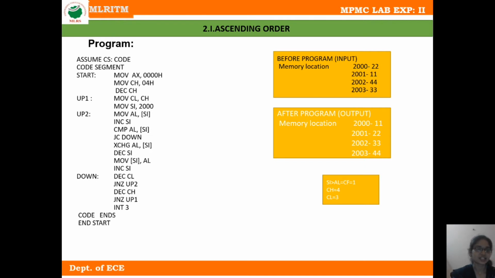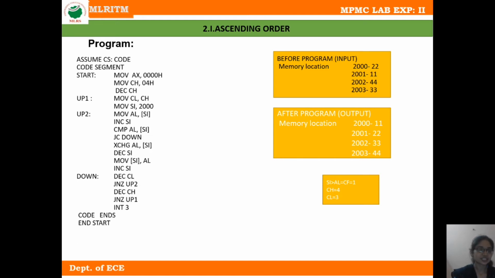The next instruction is DEC CL. Through this instruction, the content of CL is decremented by 1. The next instruction is JNZ up, to label 2. JNZ indicates jump if not 0.